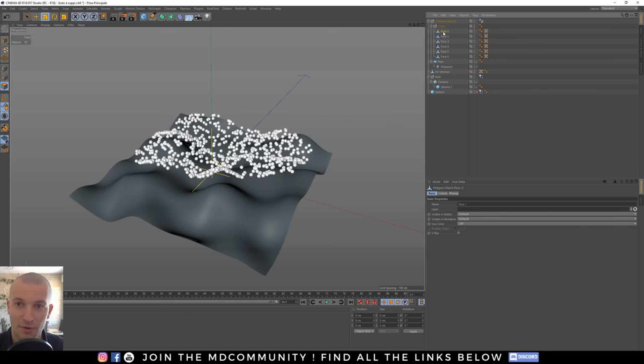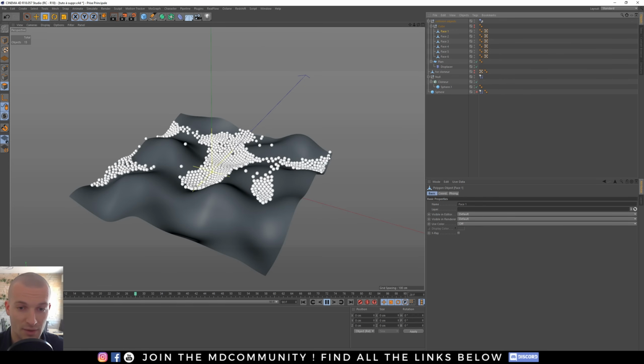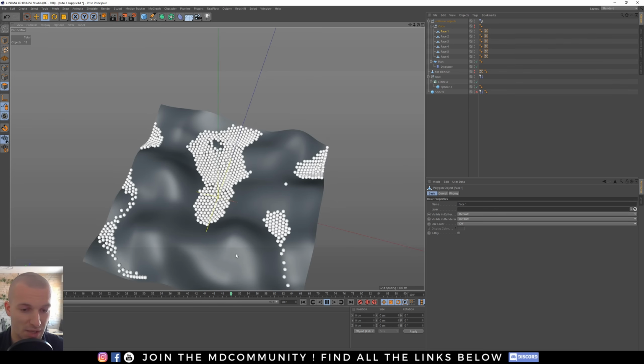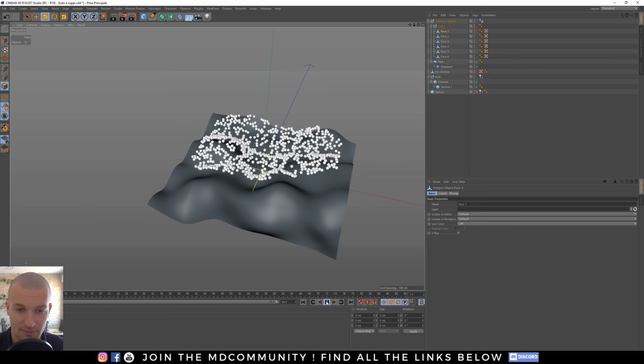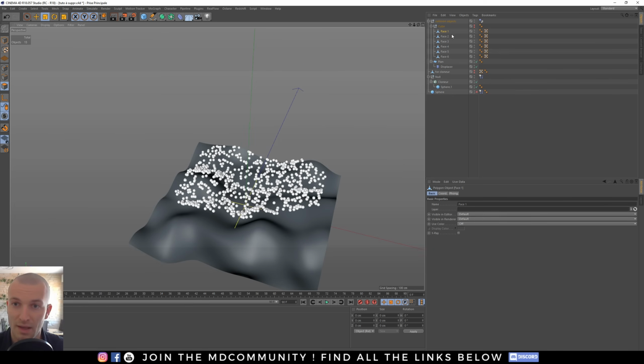Before editing, your cube has a volume, so inside the cube it's full, and the spheres can be inside this cube. But now I have 6 faces and no volume. So it's working, you have a shell, and all spheres stay on my plane. Perfect.